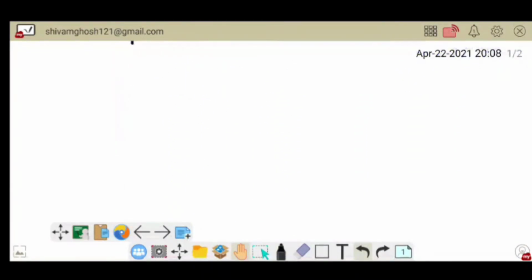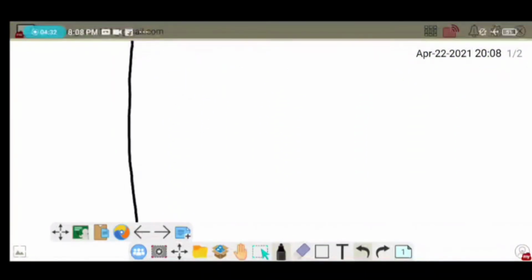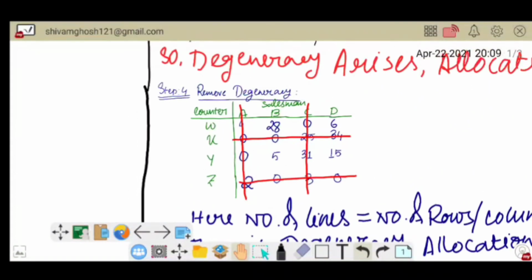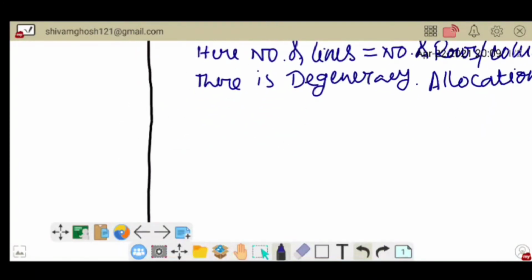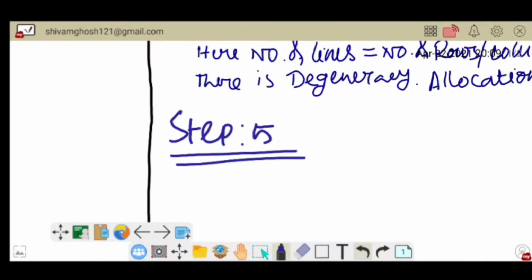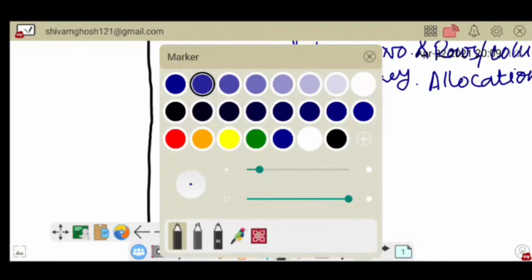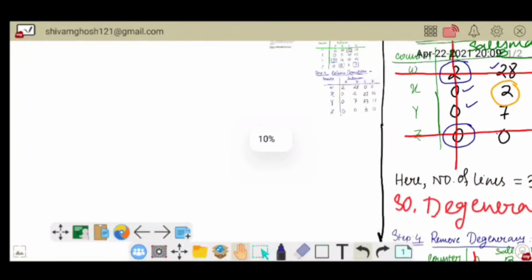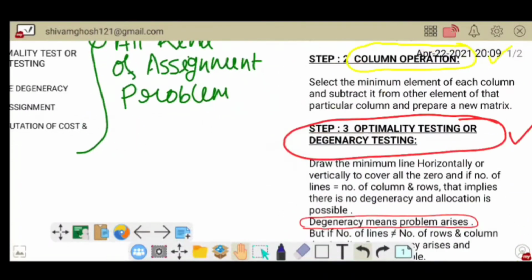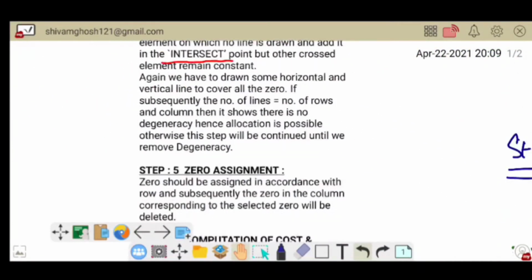In step 5 we will write down zero assignment. At first we will read out the rules given here. So, zero assignment.